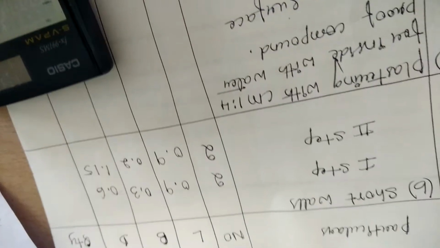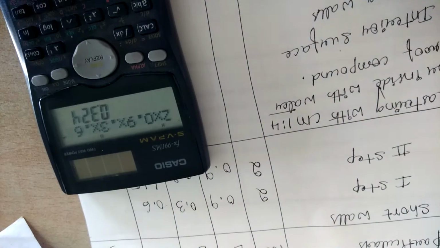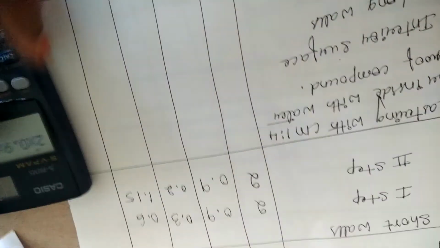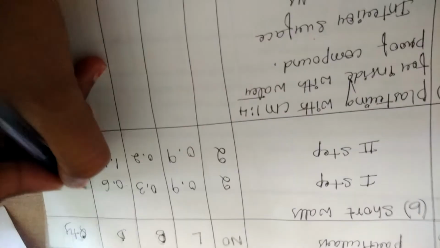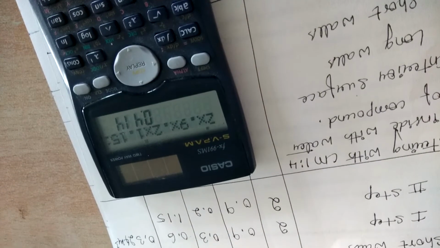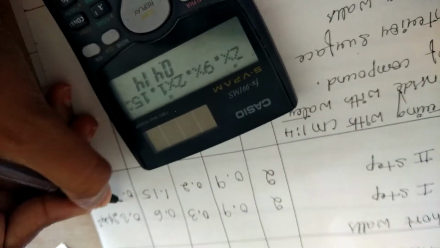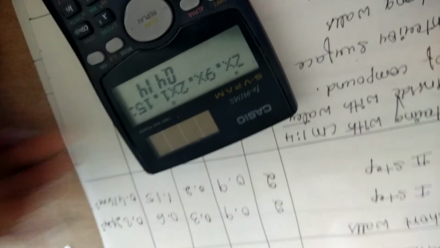So to find the quantity, I need to multiply all the four values. Let us multiply this. On multiplying first four values, I got a value which is equal to 0.324. This is 0.324, which is again expressed in terms of meter cube. Then I will multiply the second four values. Now multiplying the second four values, I got a reading of 0.414. The value I will be writing here. So this gives you the quantity here.